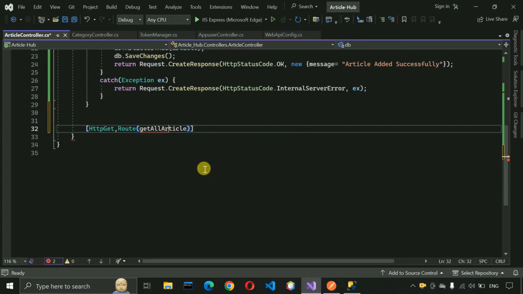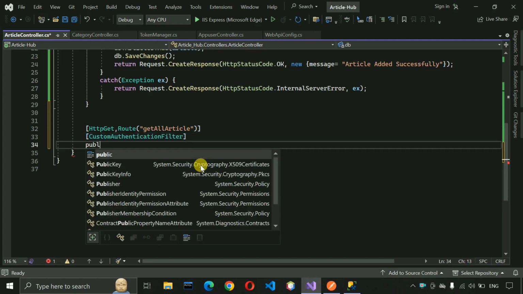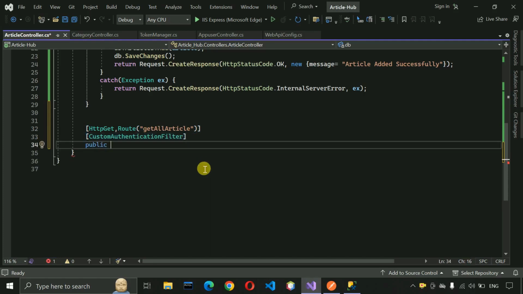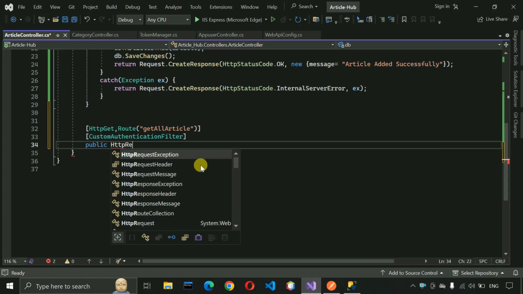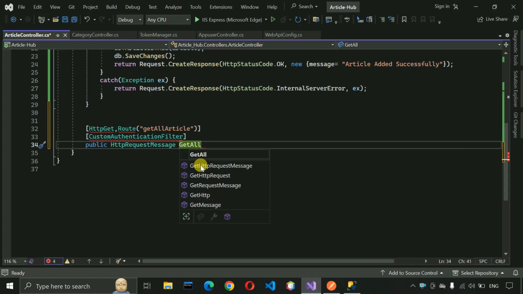Okay, it should be in double quotes, and after that the custom authentication filter and public HttpResponseMessage GetAllArticle,